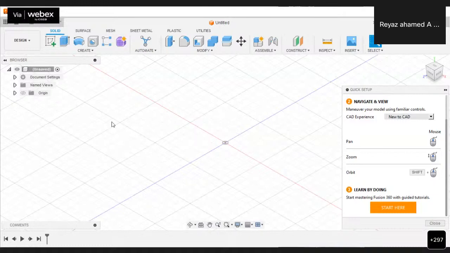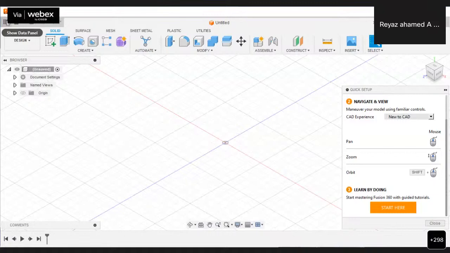Even if you need to create some electronic designs, like PCB board designs, all those things you can learn from here. So a lot of simulation tools and then design documentation. They are still working on new things also actually. So these are the learning platforms provided by Autodesk, where you can learn new things about Fusion 360.